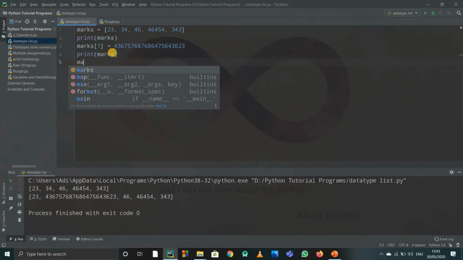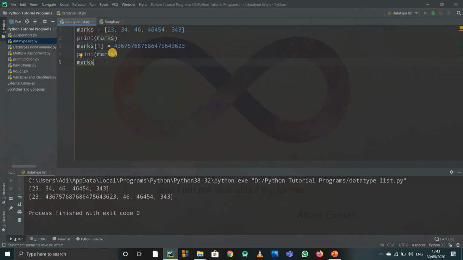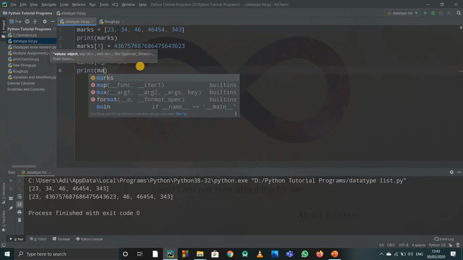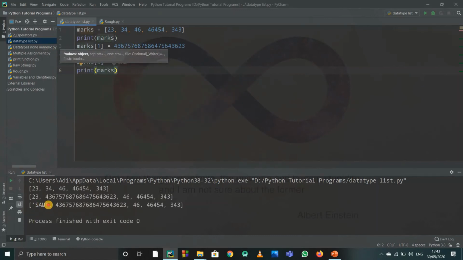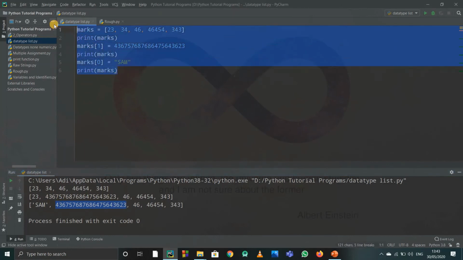So you can write it again as well. You can write marks of 0. Now if you want to give any words to it, you can assign them words as well. So if you write any words like this, it will print out. Sorry, I forgot to print it out. And I print it out now. I will print marks, the whole list, then it will print out Sam as well. So first of all I changed this value, then it printed out, then I changed this other value, but this value remained as it is because I didn't change it afterwards. That's it. And afterwards I'll show you one more thing.